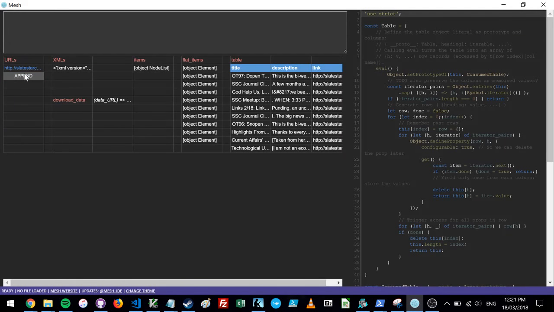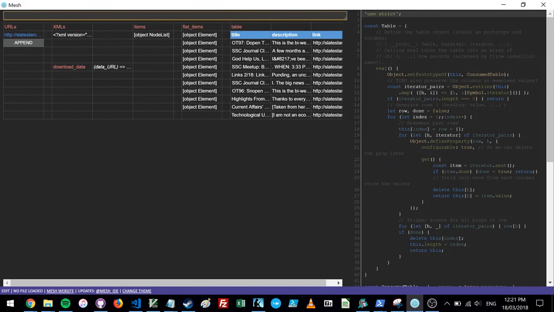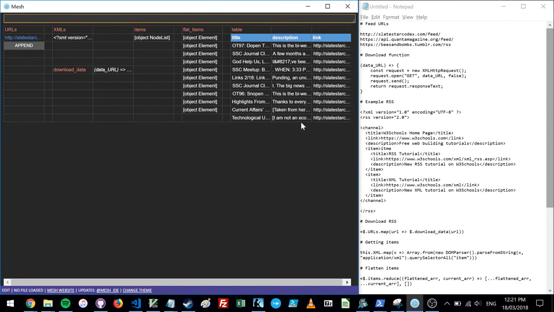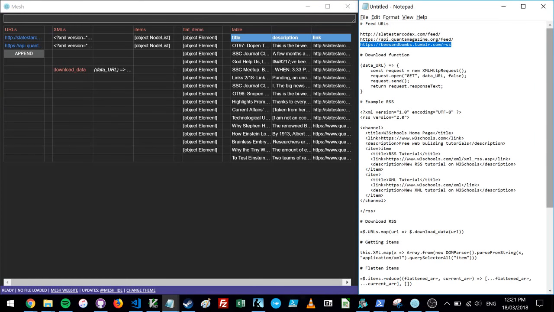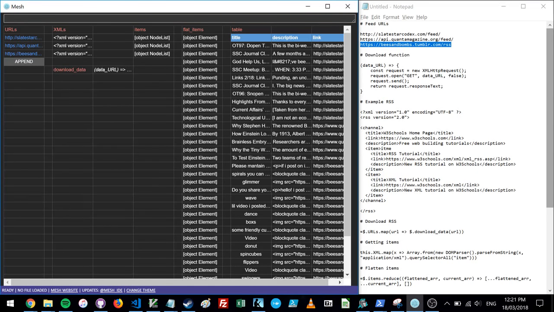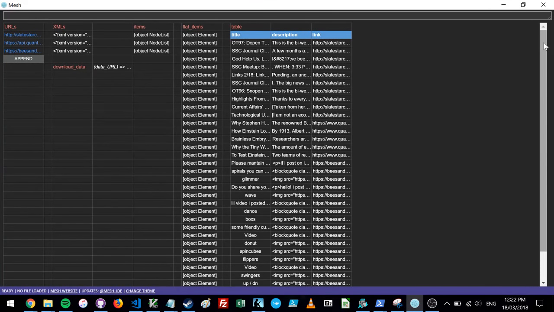And now let's add some more URLs here because we don't really want to have just one feed. We want to have a whole bunch. So I've chosen a couple of others. One, Quanta, which is a very cool science and tech magazine. So let's append that as well. And let's also append Bees and Bomb, which is a really cool geometric GIFs site. I highly recommend having a look at that. All right, and it's a little bit slow because it's having to download each of them in turn, but you can see that straight away we have a table that is expanding itself, and you've got all the links and